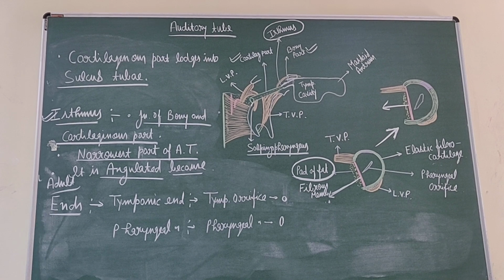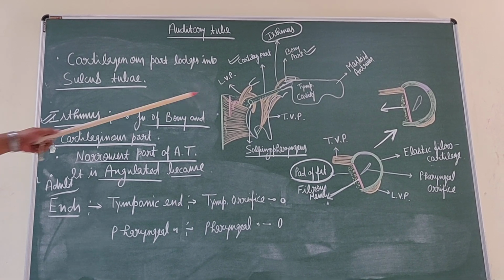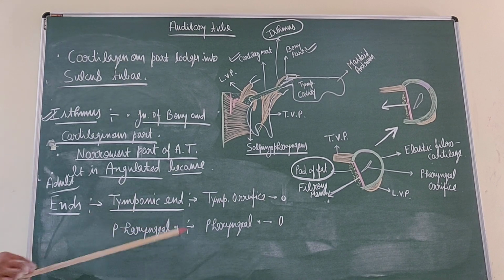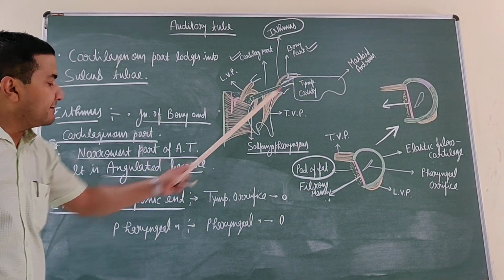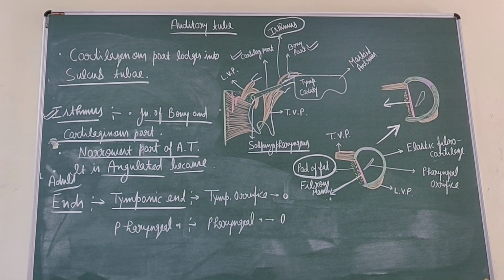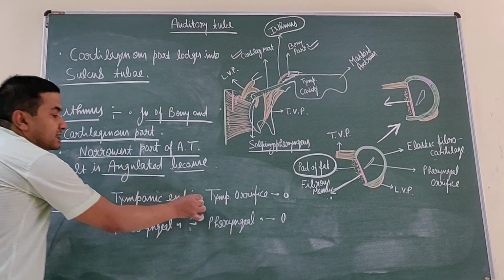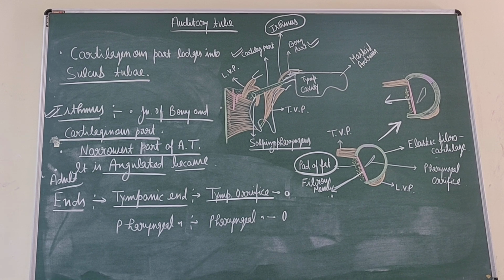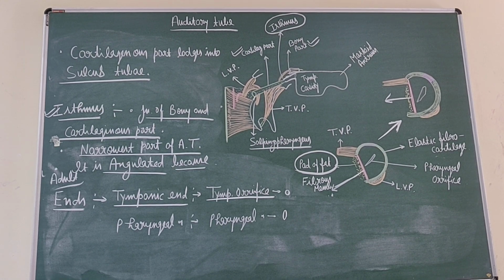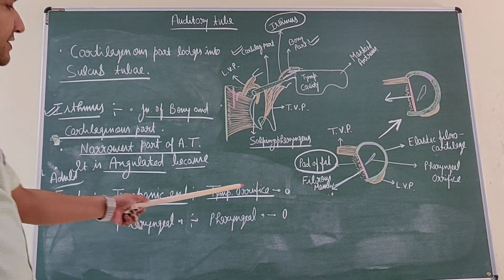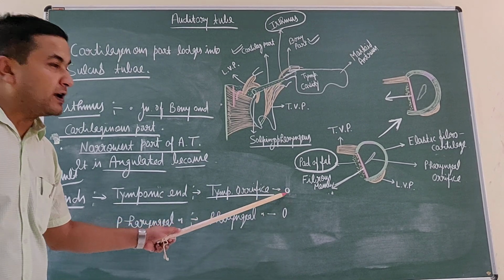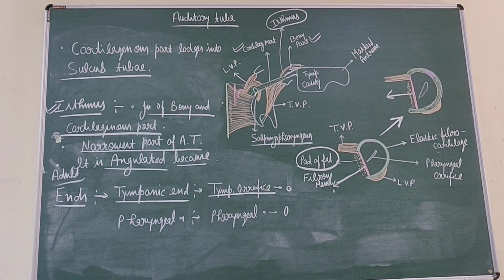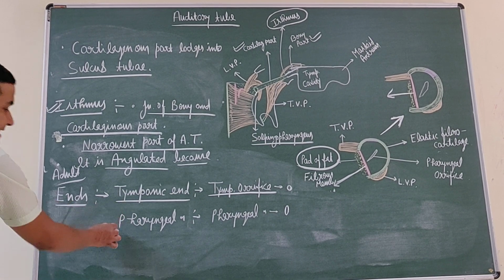Now the ends. This auditory tube has two ends. The end towards the tympanic cavity is the tympanic end, and there is an opening, this is the tympanic orifice. It is present on the anterior wall of the tympanic cavity, and this is oval in shape. It is osseous and oval in shape, while the pharyngeal end,